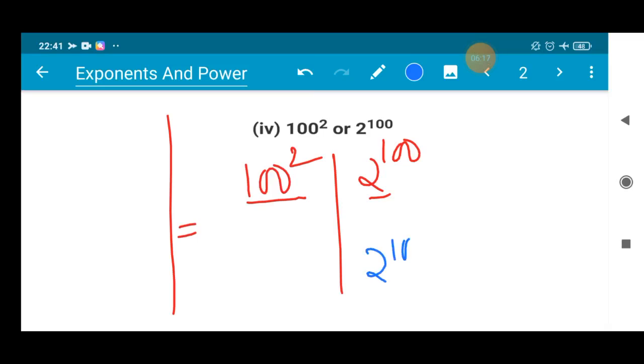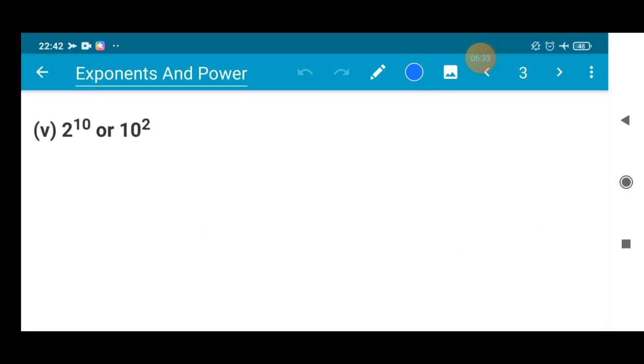That is, 2 to the power 100 is far greater than 2 to 100 square. Okay, so I hope you understood. Sometimes we will not be able to perform some multiplication. In certain cases we can apply the logic, but in some cases you may go for multiplication directly. You can verify your answer in such a manner.